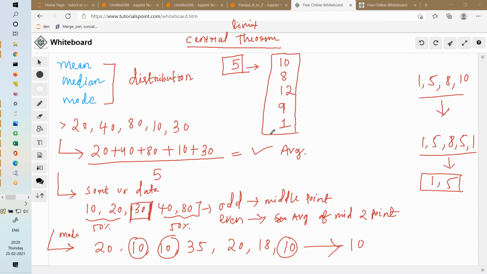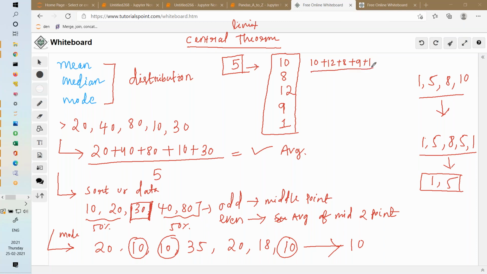Average you will use, median you will use, or mode you will use, and why? Anyone? I think it should be the mean because we are talking about how many days it takes for a person to recover. It means we will take the average of all these recovery days.